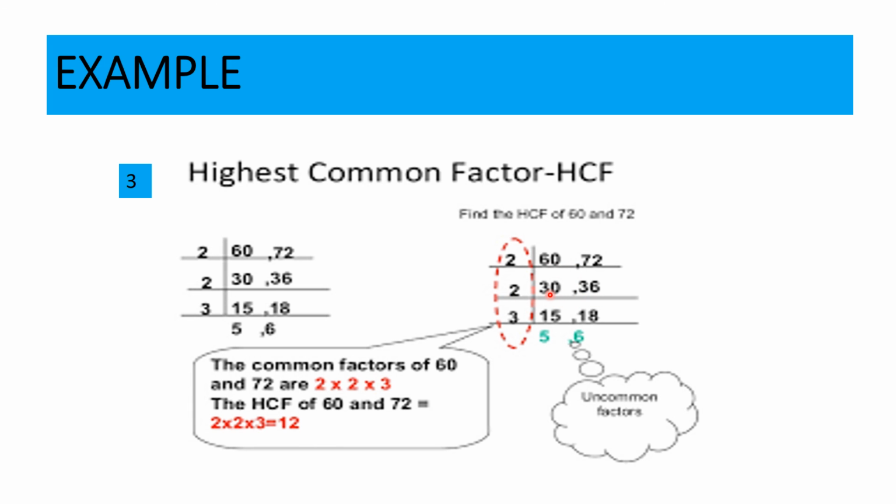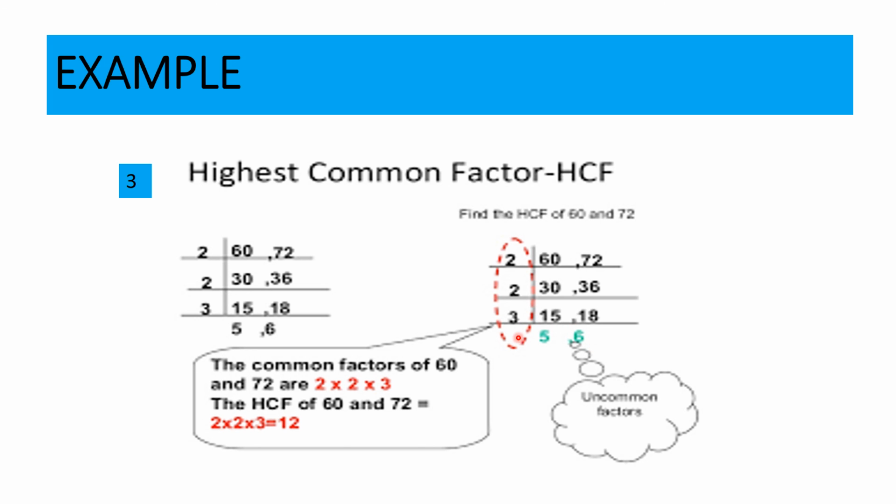Now again you can see 0 and 6 in one's place. Again it is divisible by 2. So you will keep dividing with the smallest number till it is divisible. So you will start again divide by 2. So 2 15 times is 30 and 2 18 times is 36. That means if you divide 30 by 2 you will get 15. If you divide 36 by 2 you will get 18. Now is there any number? Yes, the number is 3. Now this is divisible by 2 but this is not divisible by 2. So the next smallest number which can divide 15 and 18 is 3. 3 5s are 15 and 3 6s are 18.